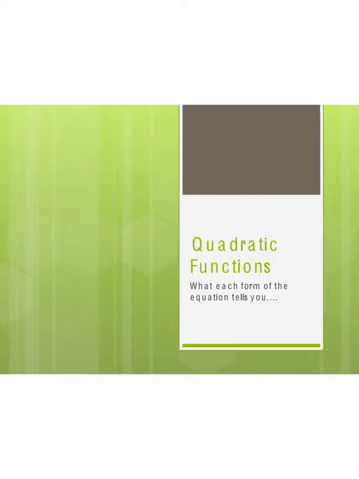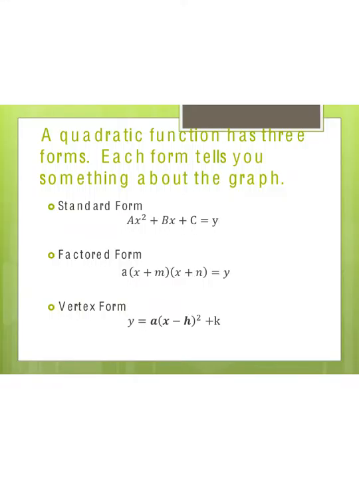So now we're going to pay attention to what each form of a quadratic equation tells you. We've been looking at two forms. There's three forms. There's three forms to a quadratic function, and each form tells you something about the graph. Some take a little work, some that's right in front of your face. We're focusing this unit on the standard form and the factored form, and we'll deal with vertex form next